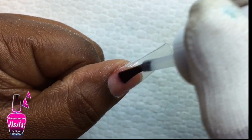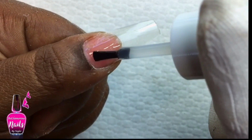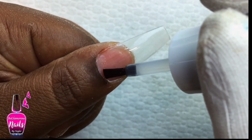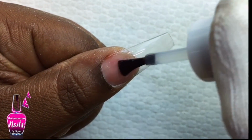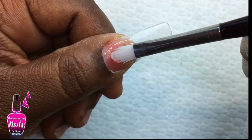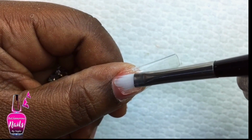So this base gel is going to be used as my primer. I am going to apply it all the way from my cuticles to the free edge of the extension. After doing this, I am going to put my hand into my LED light and cure it for 30 seconds. So I applied a small bead of the clear polygel and I am going to work this